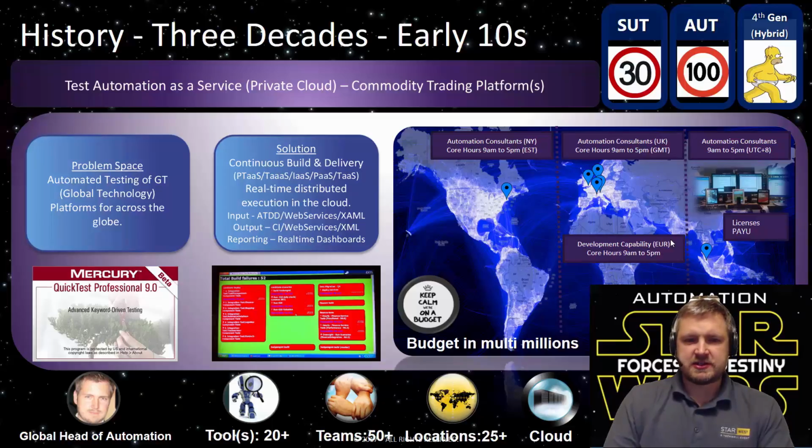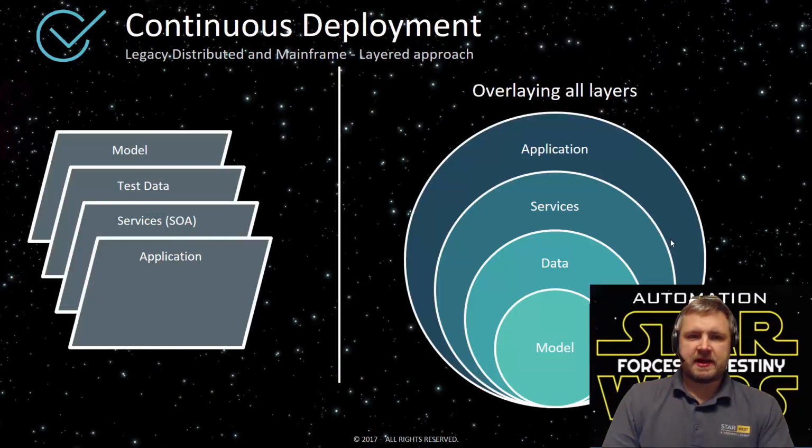Suddenly, there's much more teams, much more dependence on automation, and everything has to be built from continuous build to delivery to performance, all in the same environments. And this is kind of seen by this nice onion diagram here. In a continuous deployment landscape where you've got applications, services, data, and the model for deploying all of that. So suddenly we're getting much more complex for many different solutions under test.